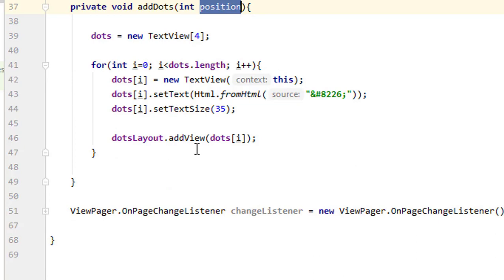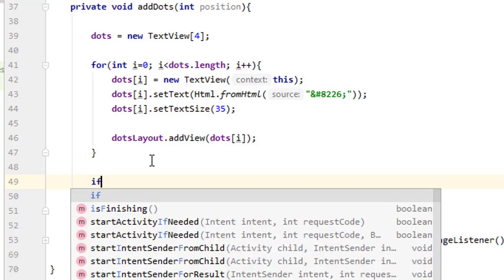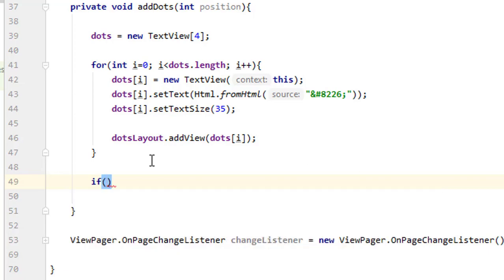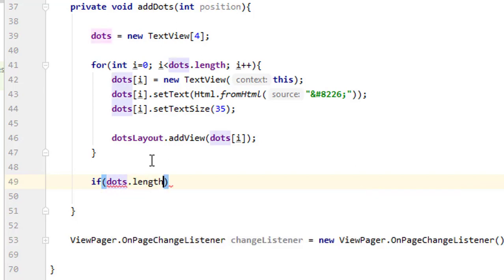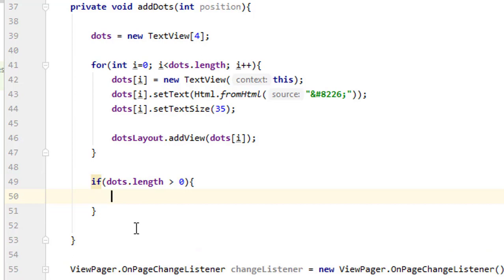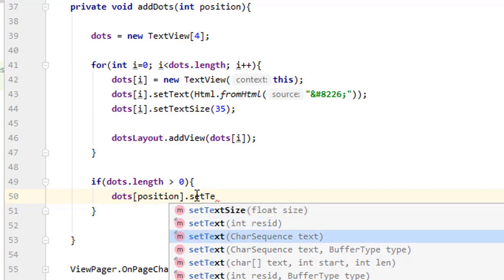Okay, for this position, what we want to do is, after this for loop, we just want to make sure that there is something. If dots.length greater than 0, that means there is something. Then we just have to write dots of that specific position which we have just passed in here. It is not the i because we are not in the for loop. So dot setTextColor,